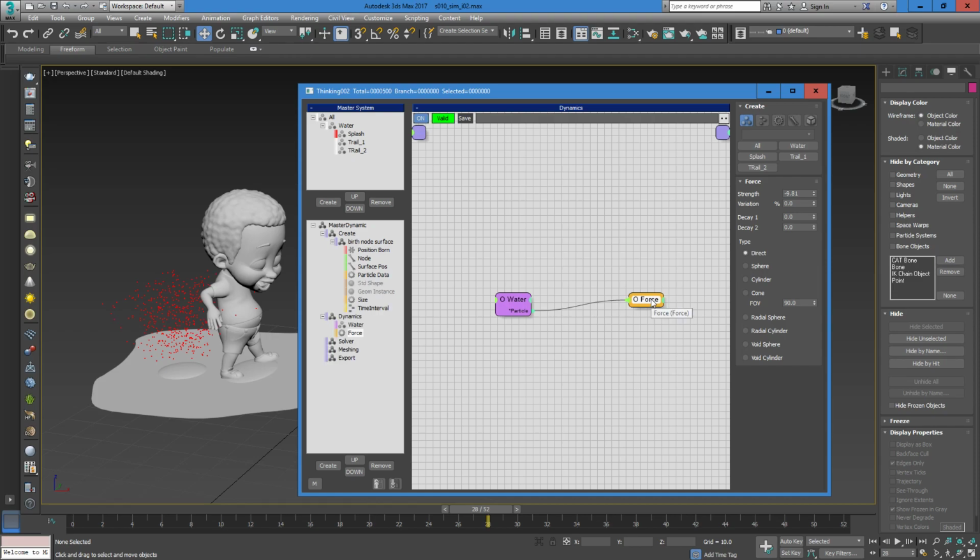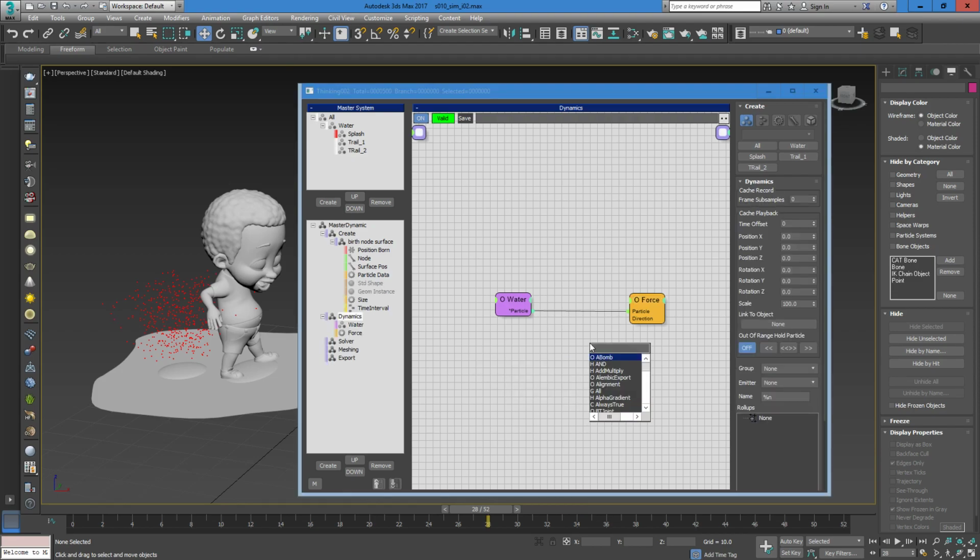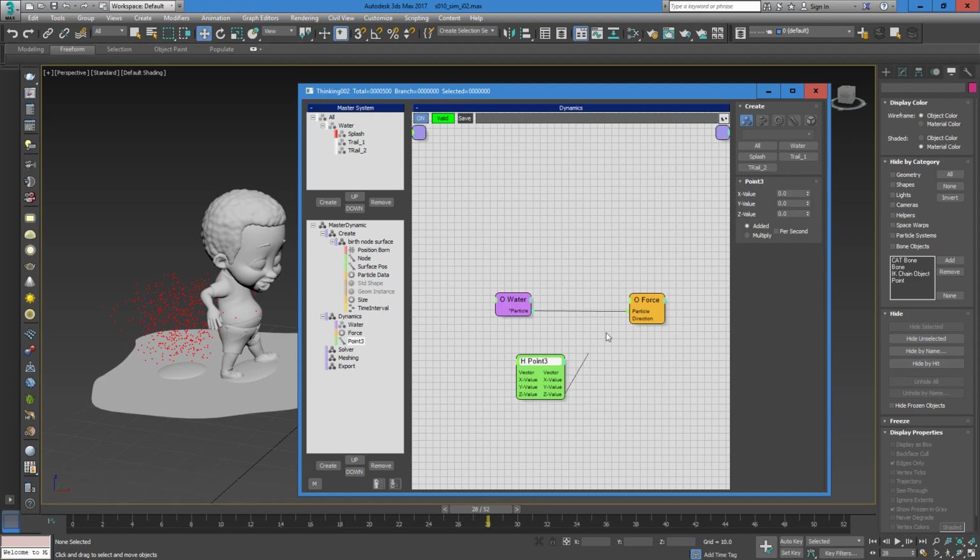If you click 2 times, it will collapse everything, and if you want to see the inputs, you have to click it on this green stuff over here. Okay, so point 3 to define the direction, the vector over here, and again